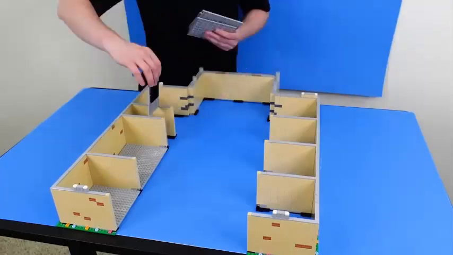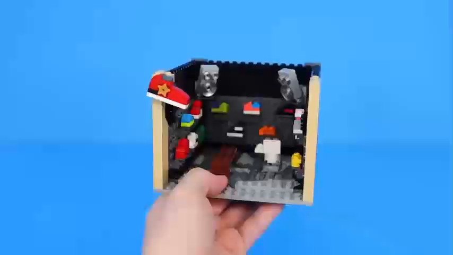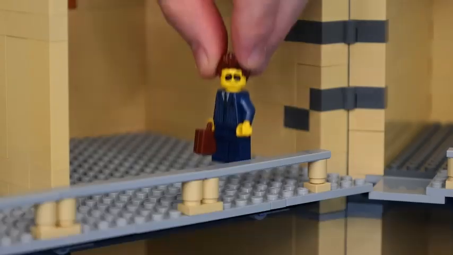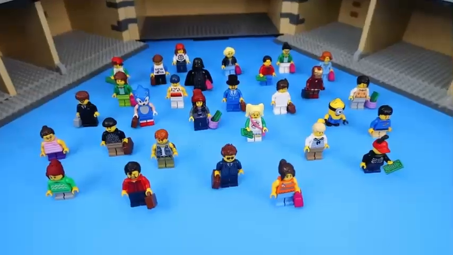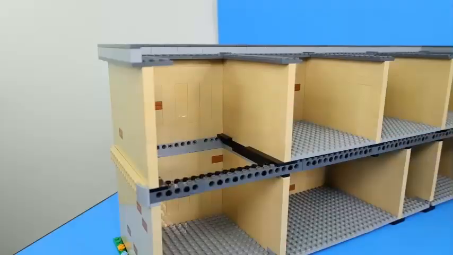In this video, I'm gonna attempt to transform this empty Lego building into a thriving shopping mall with a variety of stores, a food court, and more. Let's get started. Okay, so this shopping mall is gonna be rather large, and we have a lot of customers who are anxious to spend their money. Pretty much everybody likes candy, so let's start with a candy store.